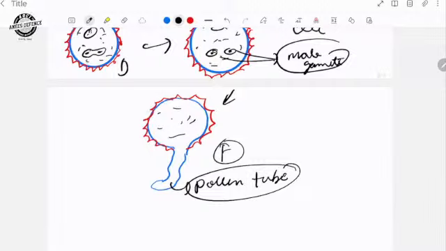At the time of transfer, when the matured pollen grain comes in contact with the stigma, then at the stigma the pollen tube is going to be formed. This pollen tube is going to reach the ovule micropyle, and there it is going to transfer both of these male gametes. Further, we are going to understand this process also. Okay.